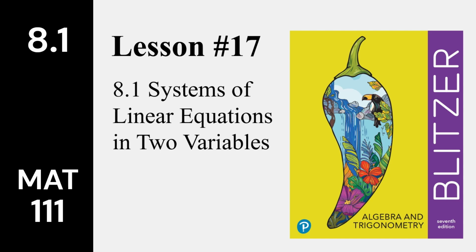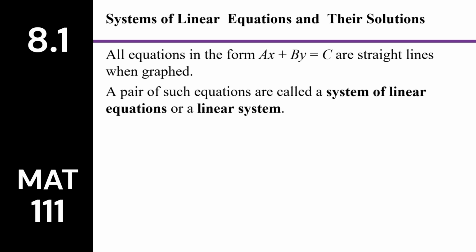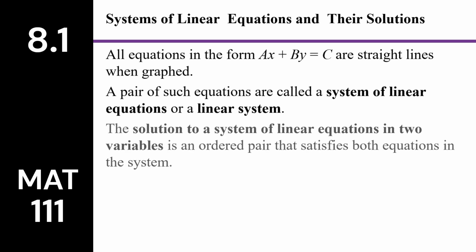Section 8.1, Systems of Linear Equations in Two Variables. Equations of the form ax plus by equals c are straight lines when graphed. A pair of such equations is called a system of linear equations. The solution to a system of linear equations in two variables is an ordered pair that satisfies both equations in